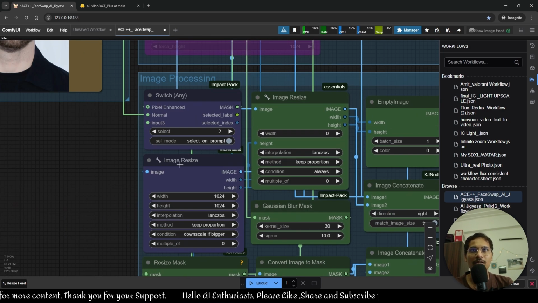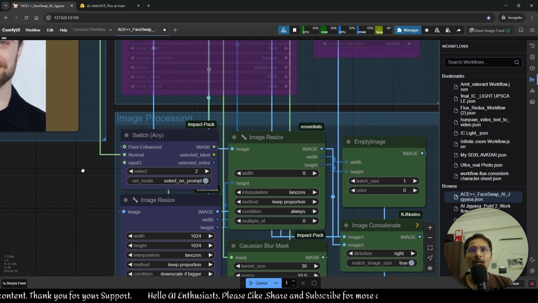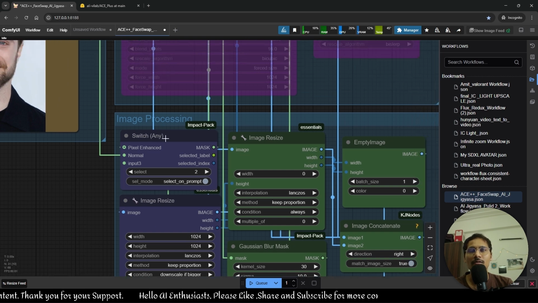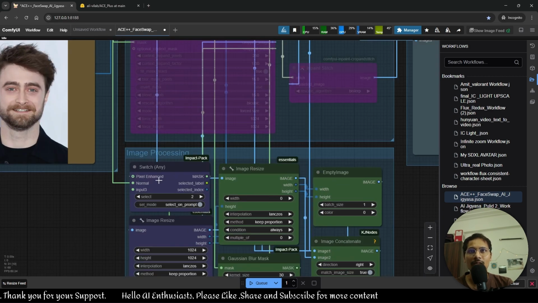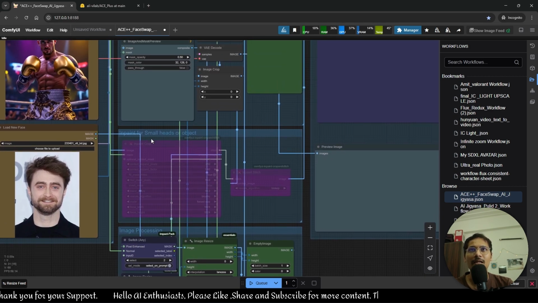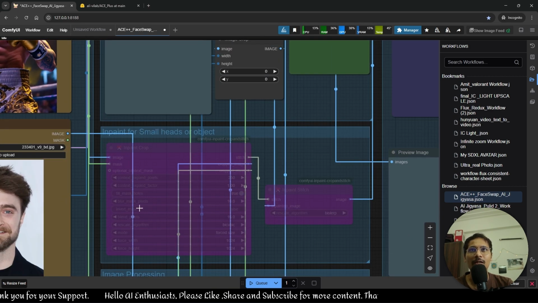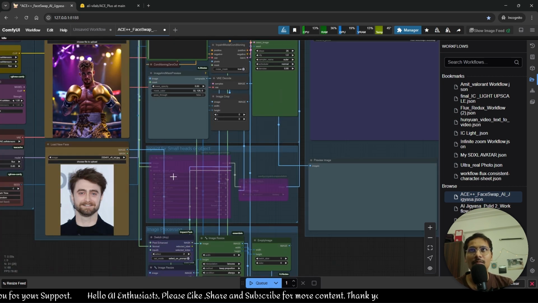So the only thing you need to change is this, because the image resize, you can resize it to 1024, 768, 512 if you want to, or you can switch these, like the normal thing. This switch node is for basically Inpaint. As you can see, this is the Inpaint area, Inpaint for small heads or objects, because the thing is, sometimes